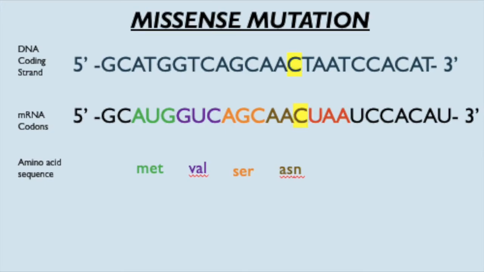If a transversion were to occur to change the same guanine of the serine amino acid to become a cytosine, this would change the amino acid sequence. AAC would code for asparagine instead of lysine, which would result in a missense mutation. A missense mutation is changing one nucleotide, which results in the change of the amino acid sequence. Depending on the missense mutation, it may or may not affect the function of the protein based on whether or not the affected amino acid is vital to the protein function.